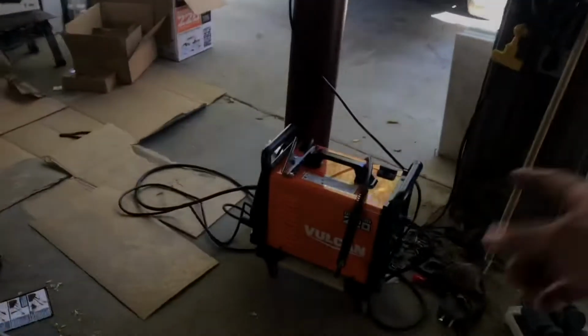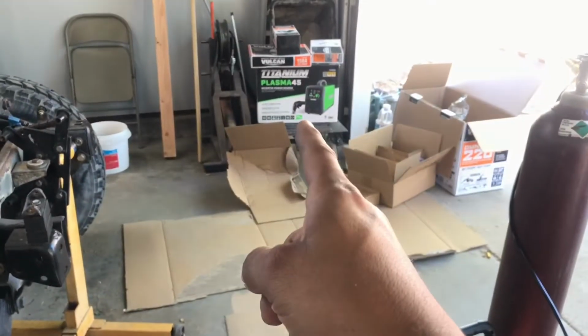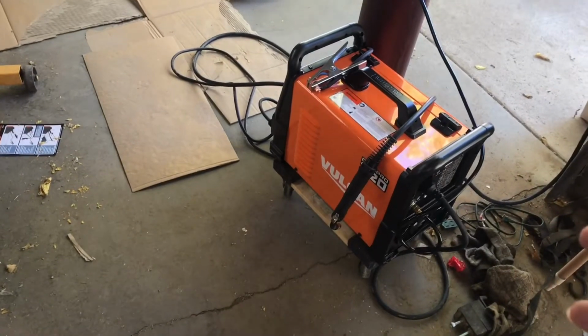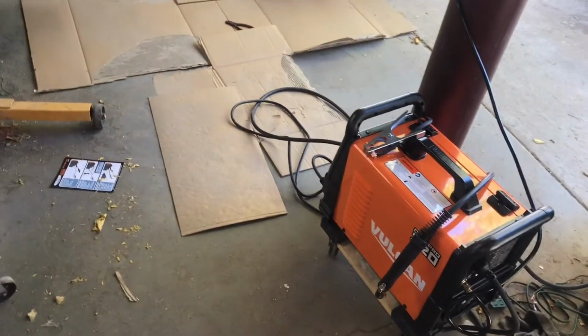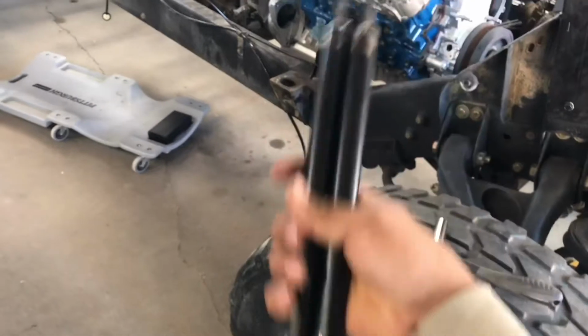All right. And forgot to mention, I went ahead and bought a brand new welder and a plasma cutter. The welder that I decided to buy is a multi-process welder, so it does MIG, TIG, and stick. Right now I got it set up for MIG, and that's how I was able to weld these tools. Now what these are is